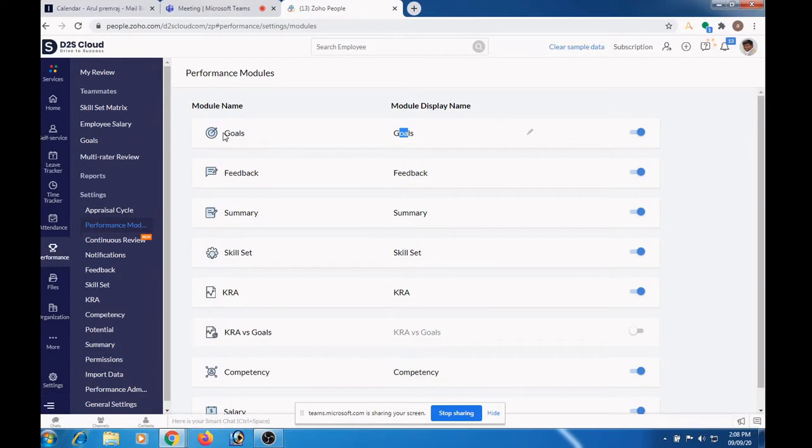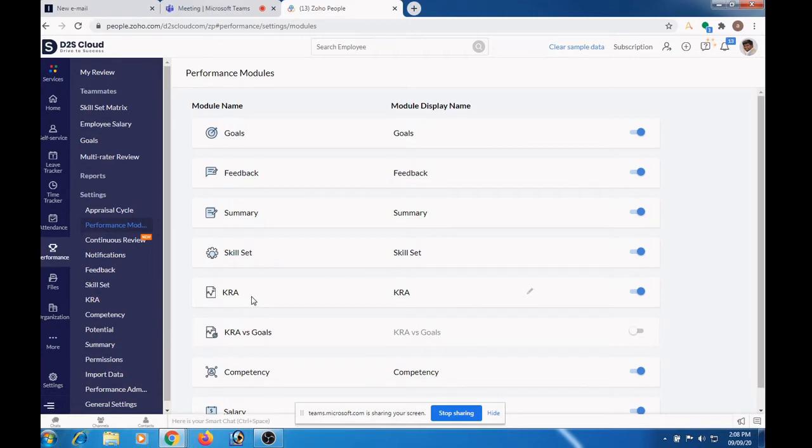So these goals are the targets which we are fixing for an employee. This helps to set up the direction in which we want our employee to go. And next comes the skill set. As you are aware, the skill set is the particular abilities that are required to achieve the goal. For example, a programmer's skills will be like knowledge in computer languages like C, C++, Java. Those are the skill set.